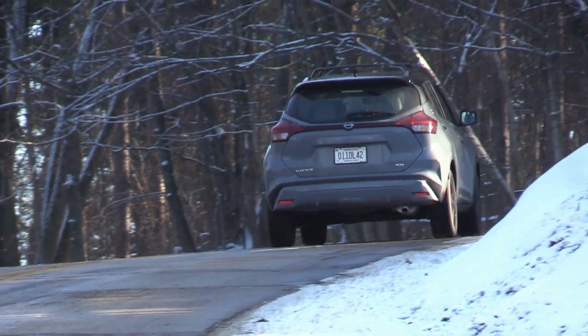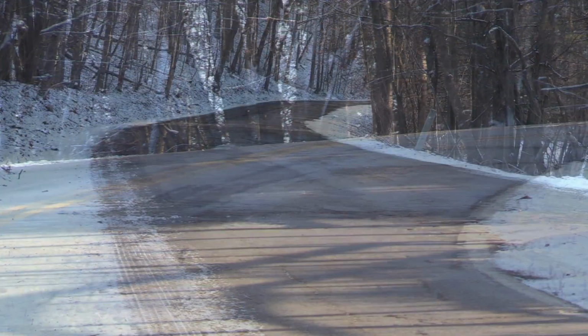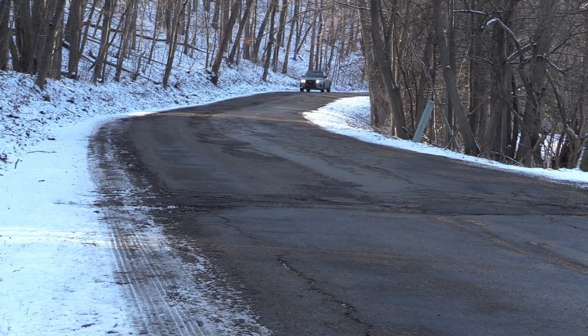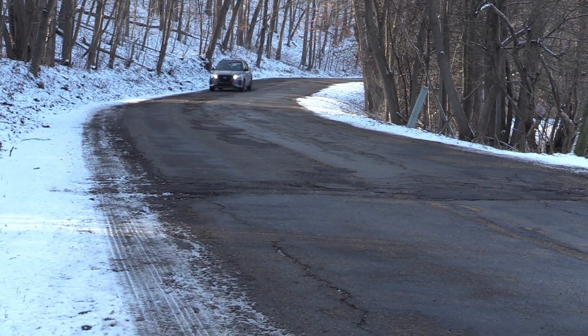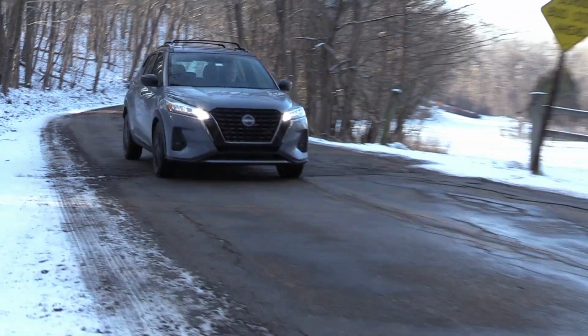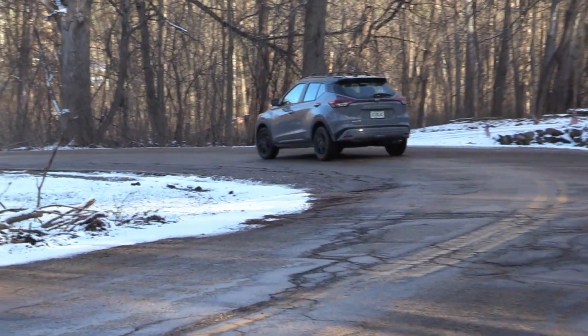But what I really like is the fact that it's got decent acceleration, even though it's got a CVT. That's the continuously variable transmission. Some of those are better than others. Nissan usually does a pretty good job with it, so I think that's great. But they've programmed it so you've got decent low-end acceleration, so when you're at a stoplight or a stop sign,